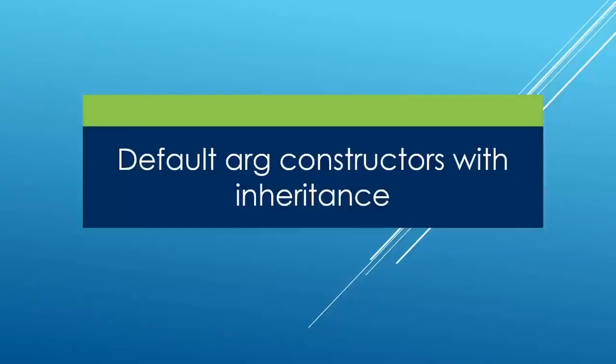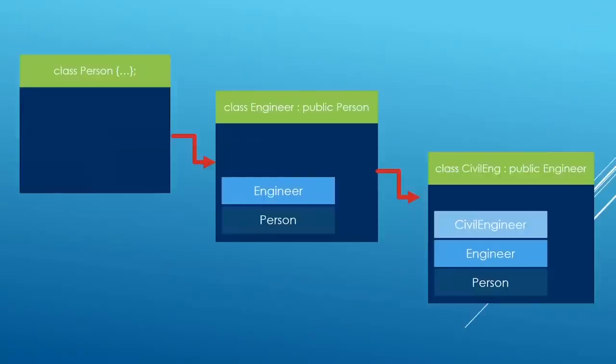In this lecture, we're going to zoom in at how derived objects are built. And we're going to zoom in on the constructors that we have been ignoring on purpose so far. So here we have the inheritance hierarchy we will be using. It is what we are familiar with at this point. We have a person class, which is going to be our base class. We have an engineer class, which is now going to be doing public inheritance because we have seen enough of